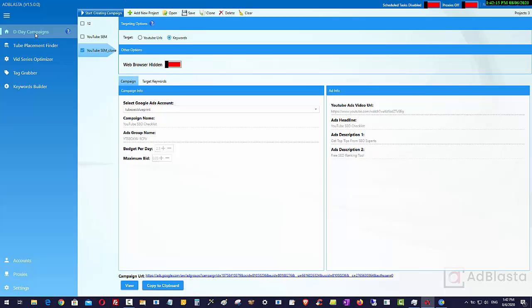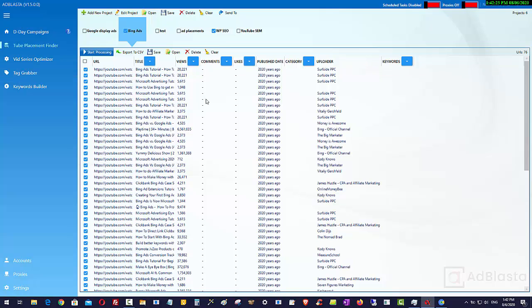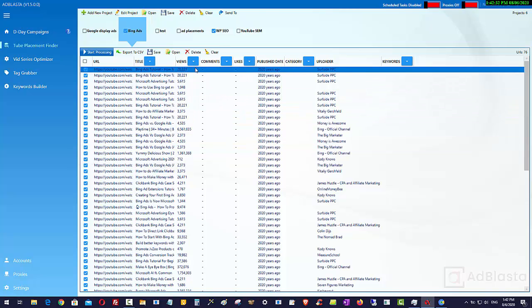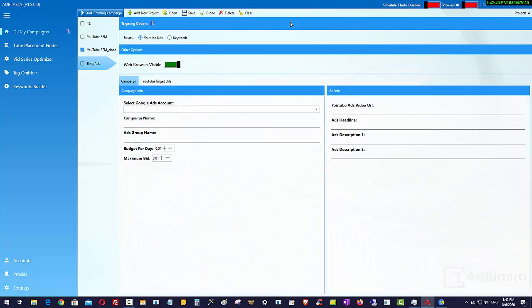Okay, so the D-Day campaigns are $1-a-day campaigns, YouTube discovery ads. We're using keywords or we're using YouTube URLs. Now, let me be upfront here. If you use the YouTube URLs, say for example you use the tube placement finder and pick out a whole bunch of YouTube URLs based on some keywords that you put into a campaign, what that means is that you can send all your videos that you found to a D-Day ad campaign, for example,